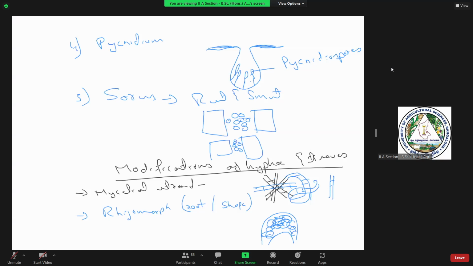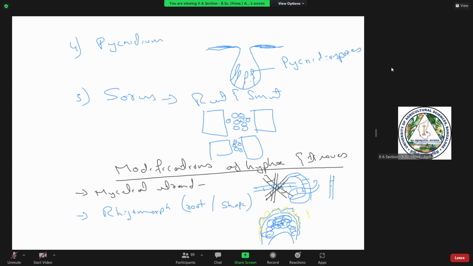It is a long root-like or rope-like structure, and it is basically a resting structure made up of a packed